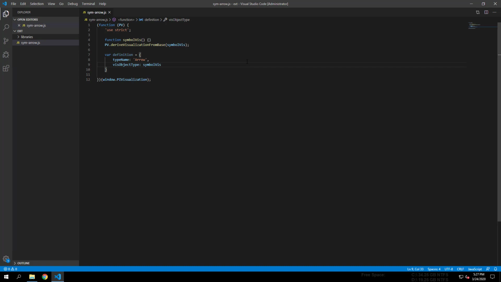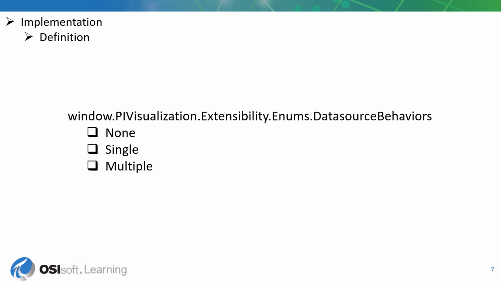It is not required to specify the data source behavior property. However, if it is not specified, its default value will be none, making the symbol a static symbol, and it won't show up in the symbol selector. The possible values for the data source behavior property are defined in the window.pyvisualization.extensibility.enums data source behaviors enum.